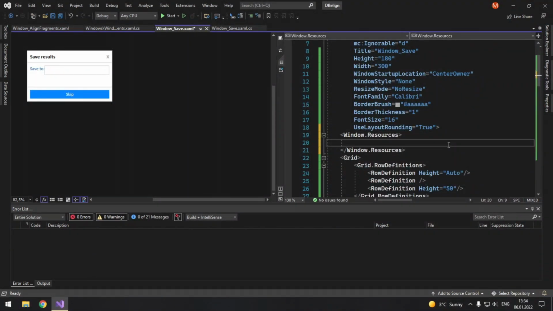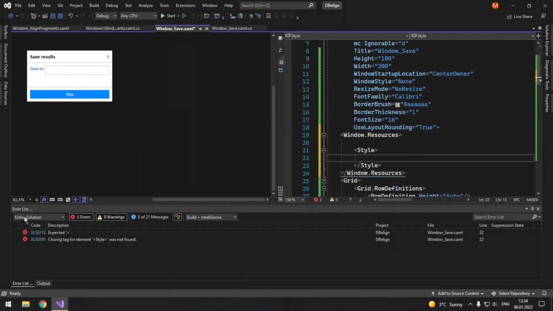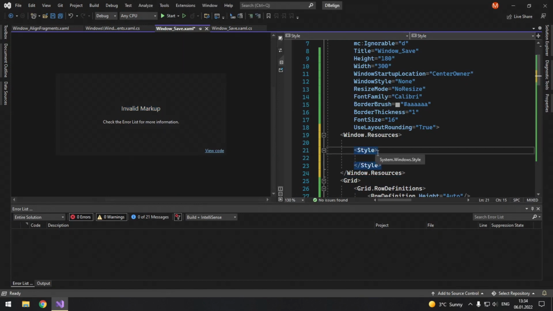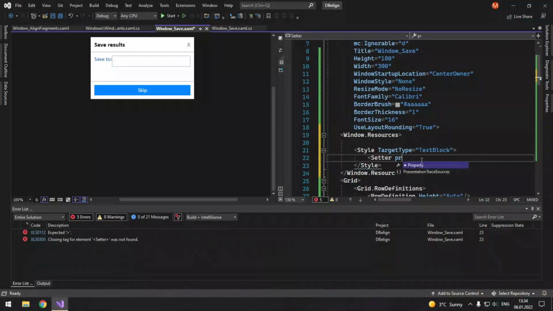Oh, by the way, let's create some styles here, because right now our UI elements do not look very good. Let's create a style for a text block first. Style, target type TextBlock. Okay, we will just change the vertical alignment and set it to center.